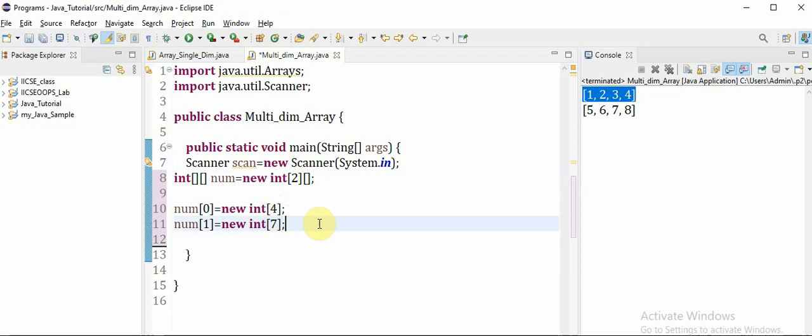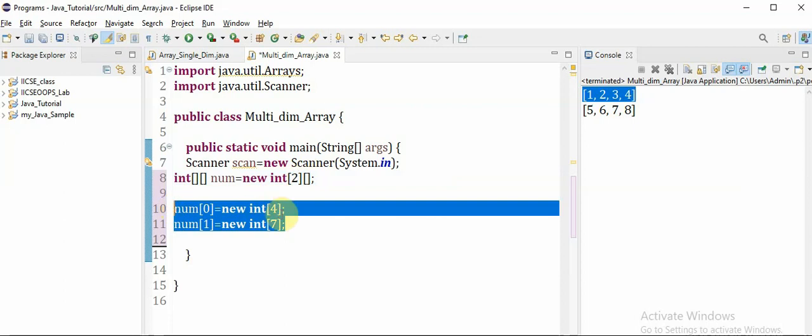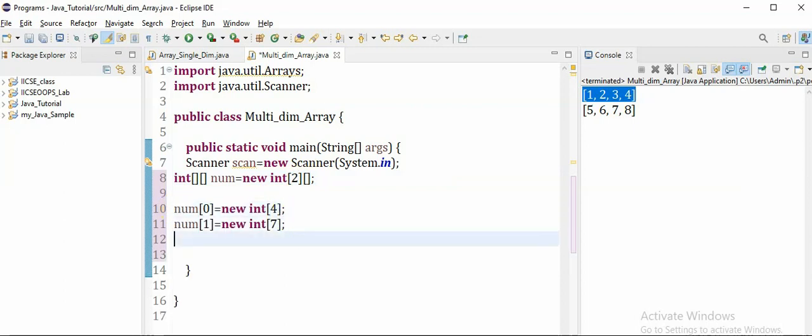In the next video I will explain about 3-dimension arrays, and I will talk about jagged arrays also. We should remember that whenever you specify a 2-dimension array, specifying the row size is very important, and later on you can specify the column size like this, and then as usual you can give the data for it. Since the column size is different, specifying num[i].length will give you the length. We'll see this when we discuss the jagged array concept.